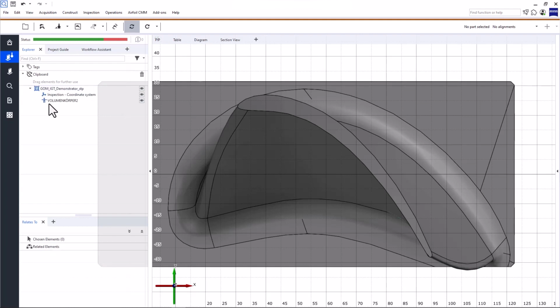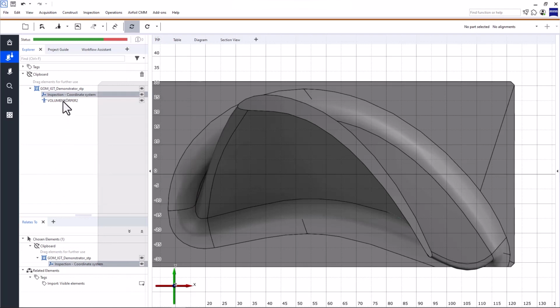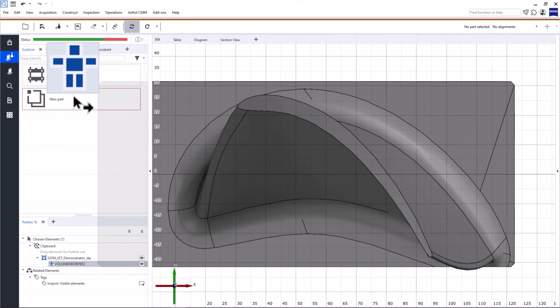However, the clipboard offers lots of flexibility because you can sort through data before assigning it to a part, and it provides significant benefits for the CAD import, such as fast import thanks to a preview tessellation, as well as extensive editing functionalities. In the clipboard, you can delete CAD bodies and elements you don't need before creating a new part, or just choose the elements you want to add to the part. Select them and drag them onto New Part.